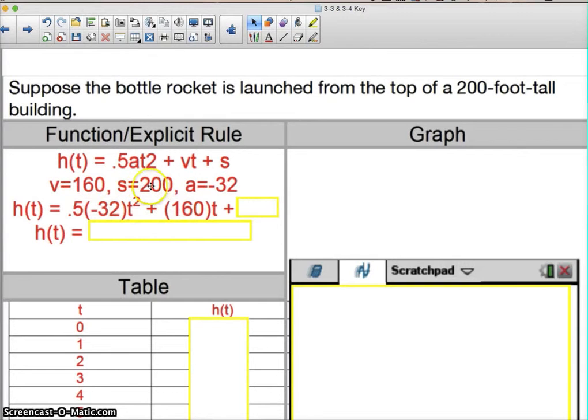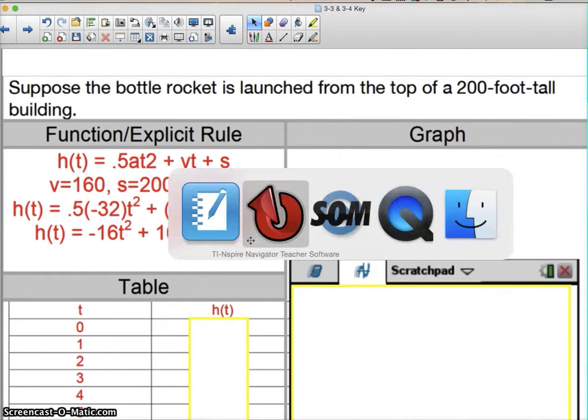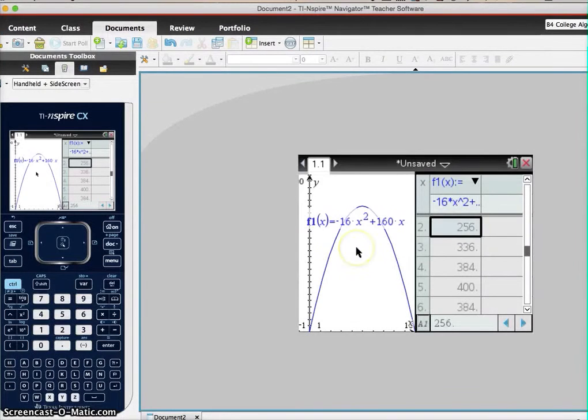Well, what do you plug in for S? Instead of plugging in a 0, you're going to plug in a 200. That's right. So now how's that going to affect your equation? Well, you simplify it, so it's going to simply just look like this. Okay, now I want you to take your calculator. So let's go back to your calculator. Now, I want you to hit Control G. So when you hit Control G,